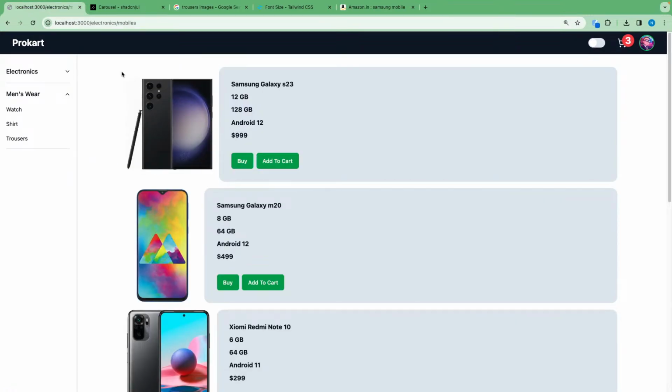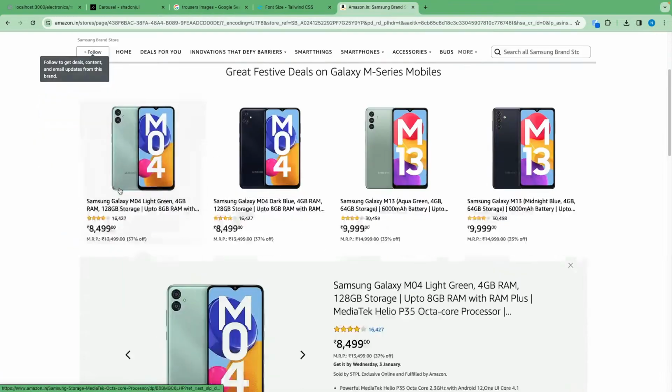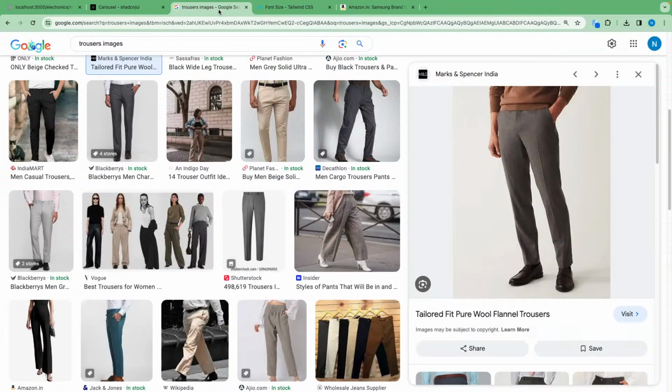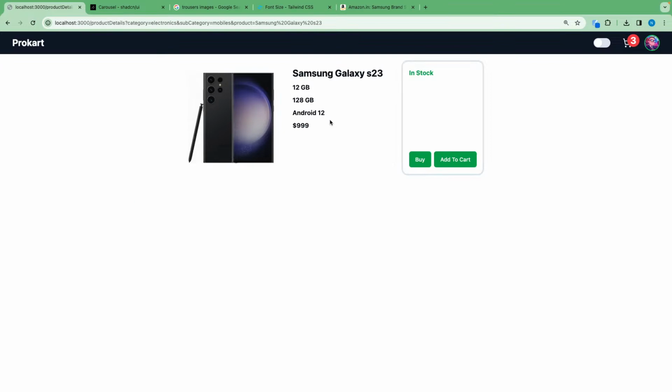Actually we don't have any filter at the top. I also want to add the filters there, like sort by featured, price low to high, and everything. And the details page also needs to be modified further,